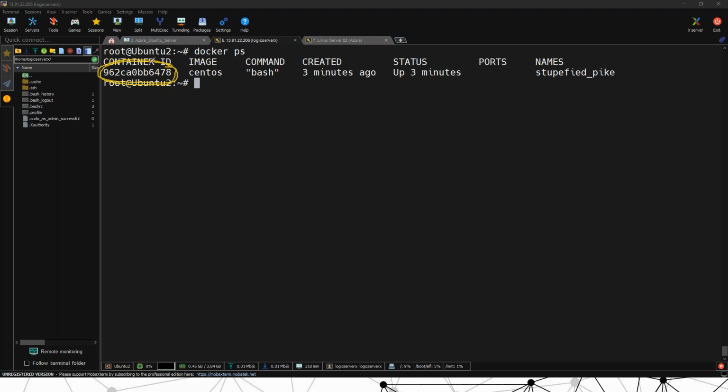Then it will show from which image you created this container, the command which you ran in the container when it was created, whether it is running or not, and which ports are open. Ports open, I'll show you in the next session. And what is the name of the container? But Krish, I didn't give a name for it. If you don't give a name for the container, Docker will use a name by itself.